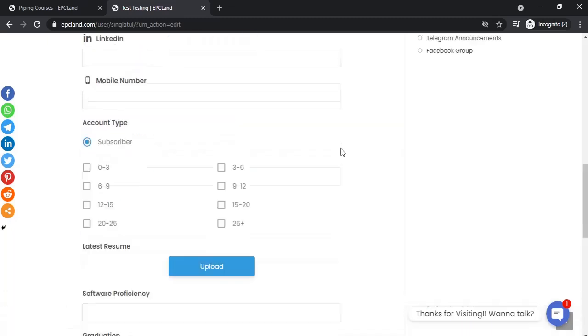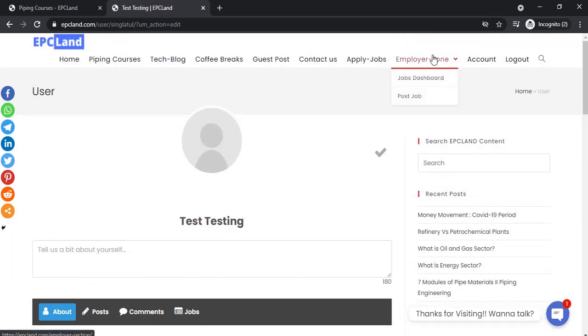Once a recruiter posts their jobs here, they can see it if you apply using the apply button, and this profile will be shared with the recruiters. Otherwise your profile will not be shared unless you click over the apply button for the jobs which they have already posted on this platform. So from that point of view, your details are safe, and once you apply to any job, then only your details will be shared. So once this is done, then you can simply come out.